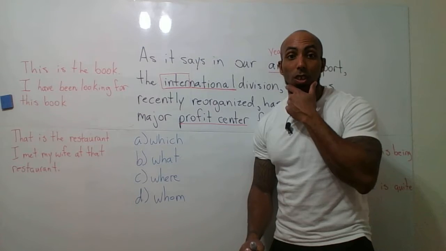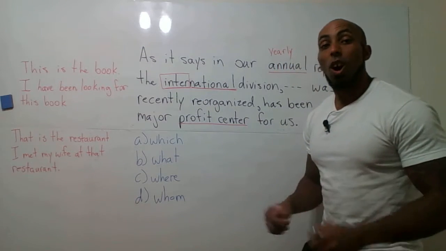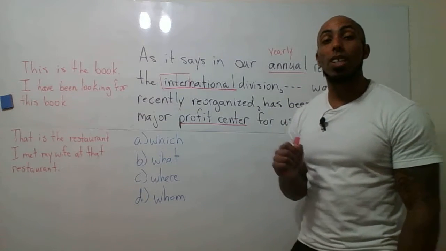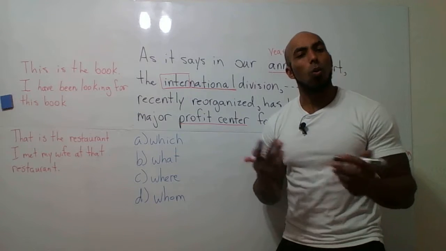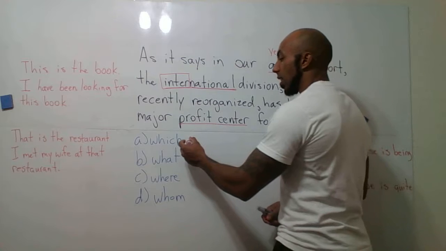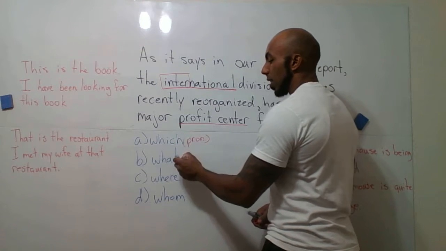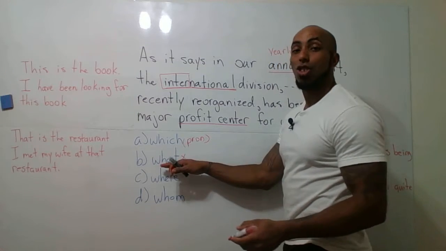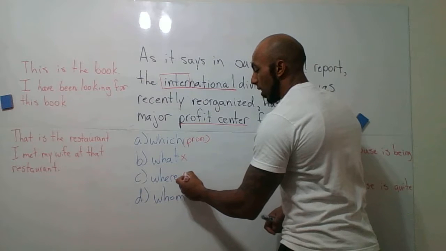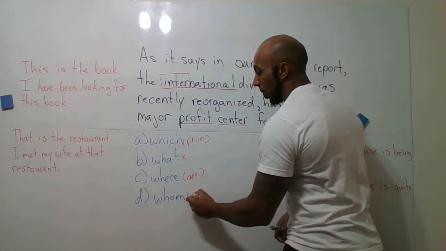And today's grammar video is going to be especially informative or useful because our choices here are either relative pronouns or relative adverbs. Now, what does that mean? First, let's talk about which one is which. This is a relative pronoun. This is neither a pronoun or adjective. This is just a choice that they throw in there to try to trick you. This is an adverb, and this is a pronoun.